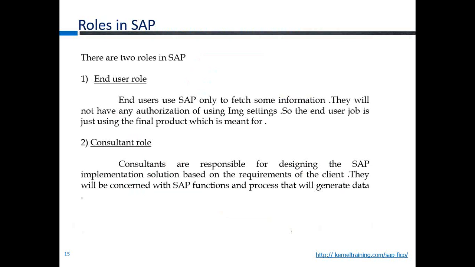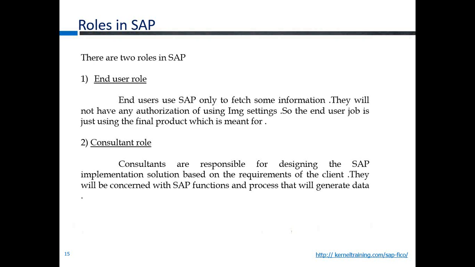And even if you are not an FI person with an FI background, say if you do not have any accounting knowledge, you just have to get a basic training on FI, like the journal entries, and how the concept works. You have to know the business process, which is very easy, and you can do it. I don't think it will be very difficult for you, because SAP is just a system which will tell you what is happening and what is to be done. So even if you are not an FI person, you can learn SAP FI.